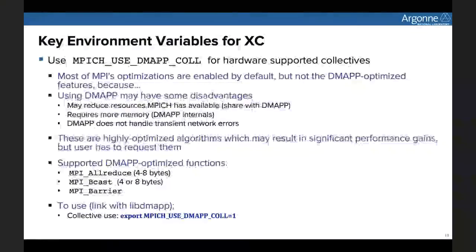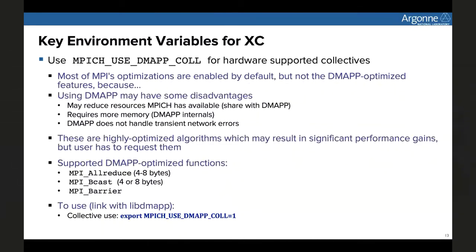So I touched on earlier that in order to use the collective engine, you need to use DMAP collective. This collective engine has this NIC collective progression hardware, and it has advantages to reduce the overhead, but this is primarily for small message collectives such as all reduce of 4 bytes, broadcast of 4 or 8 bytes, and the barrier. But there are some disadvantages in the sense that